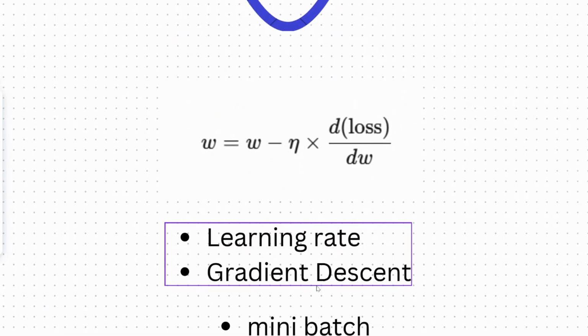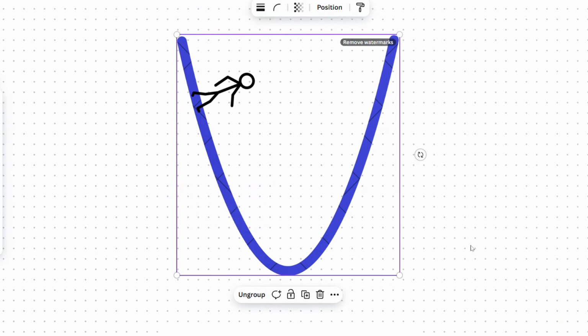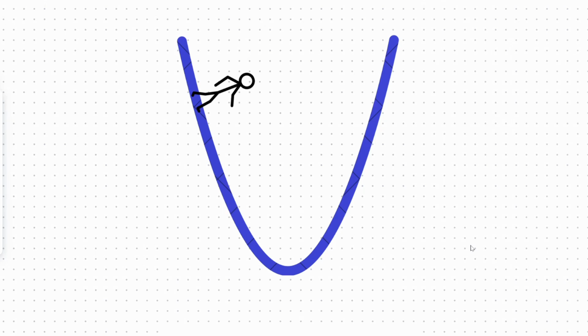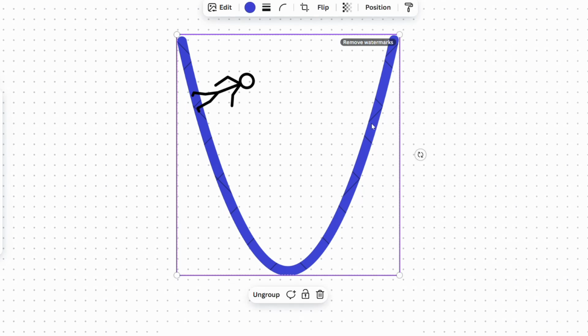Mini batch gradient descent means that we take a small batch, let's say only this size of the function, and what we try to do is find the minima of just this small mini batch. Stochastic gradient descent means that we find the descent of the function at random points. We find it here and then we find it here, but we find it at completely random points.